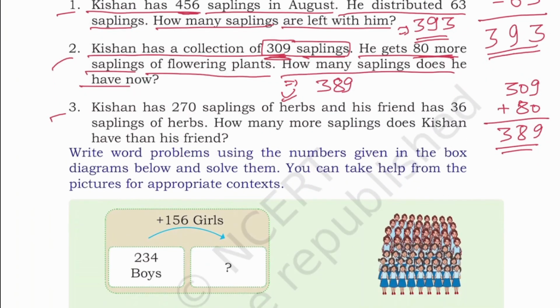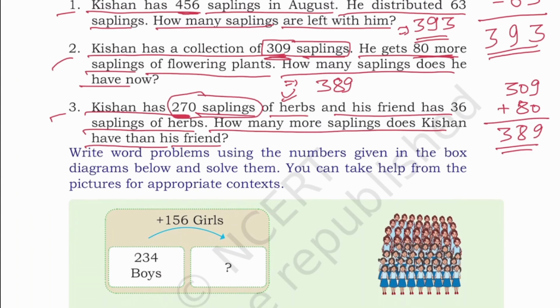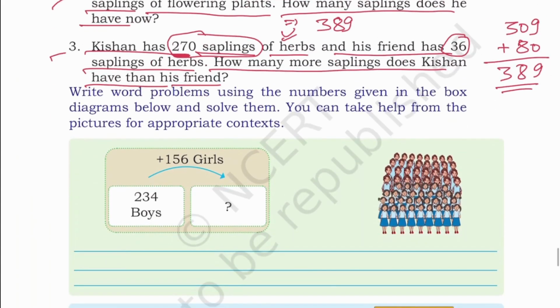Kindly check your answer. Third, Kisan has 270 saplings of herbs and his friend has 36 saplings of herbs. How many more saplings does Kisan have than his friend? Okay, Kisan has 270 and his friend has 36. How much more does he have? That means you have to subtract 36 from